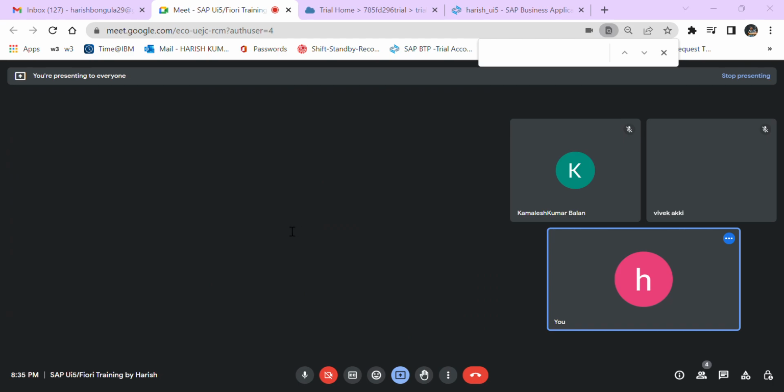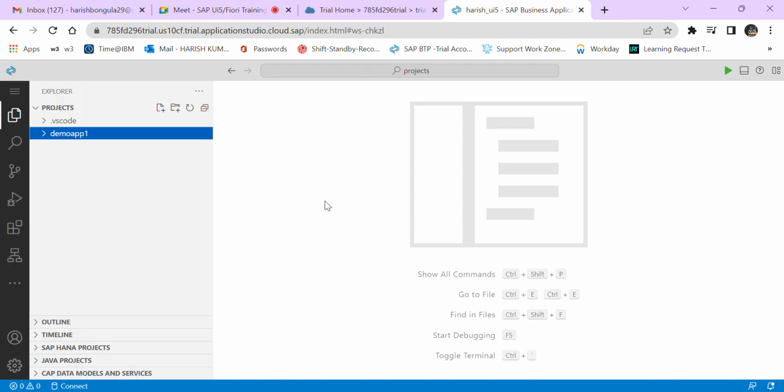Now we'll create a project using the terminal. Have you ever used it? Okay, you haven't used Linux commands? Have you ever worked on Linux? No, no. Okay, no worries. So first what we'll do is we'll run this application, and then we'll see how we'll create an application using